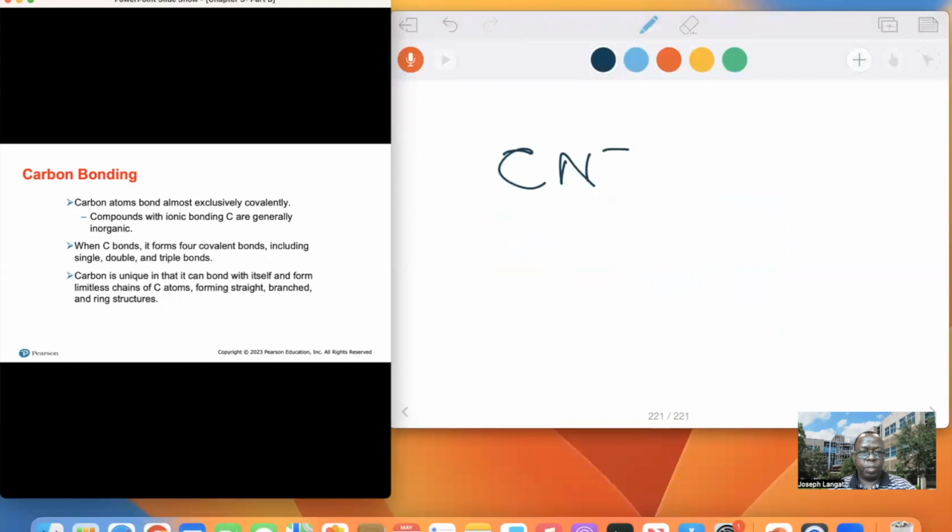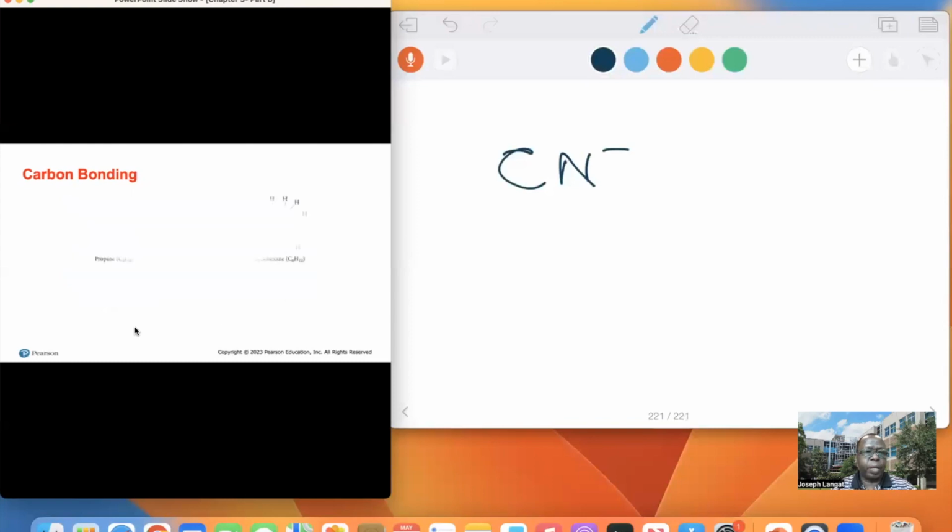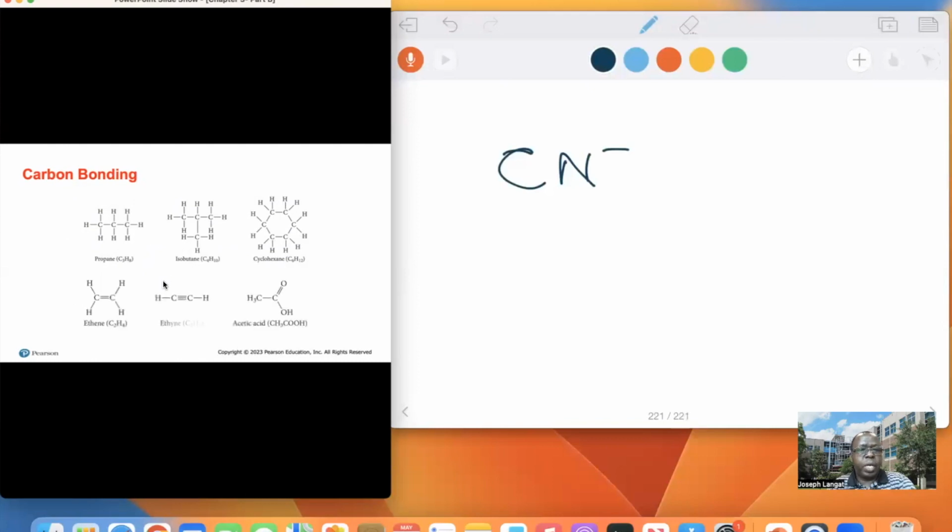Carbon is unique in that it can bond with itself and form limitless carbon chains. This is why we have organic chemistry, and why we have such a vast amount of organic compounds: because of the self-linking, limitless chains. Sometimes it can form a straight chain, sometimes a branched chain, sometimes a ring. For example, propane is a 3-carbon chain, isobutane is branched, or a ring, just to explain the bonding nature of